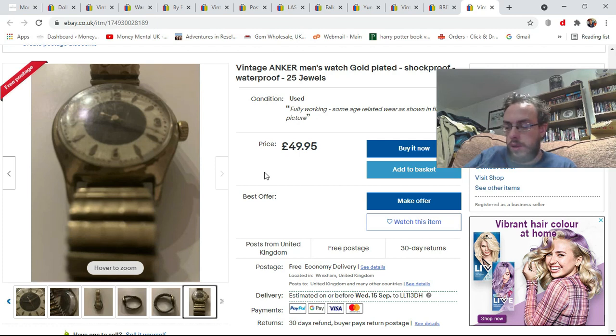Now it might be unique to this auction house because they don't give descriptions as such of the lots. They just say what it is, and I've had a couple of issues with things from him. I picked up some speakers, and the speakers inside the box were not the speakers that were on the picture. So a couple of things like that have happened, and it's just made me think actually maybe at the moment